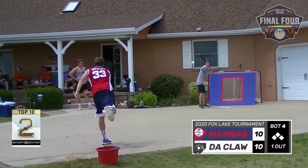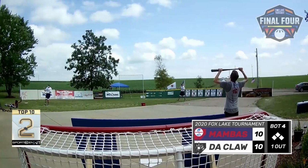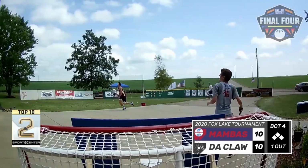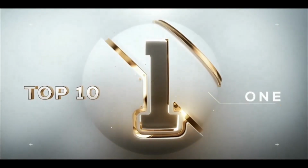Final 4 game, bottom of the last inning, tie game. Isaiah Tiemeyer pops it up. Kyler Stork makes a sliding catch to keep the game tied. Yep, that's an FLT top 10 nominee. Unfortunately, though, Alex Haas will eliminate them with a walk-off grand slam, which might leave you scratching your head because